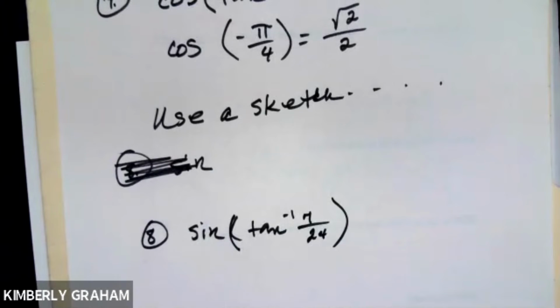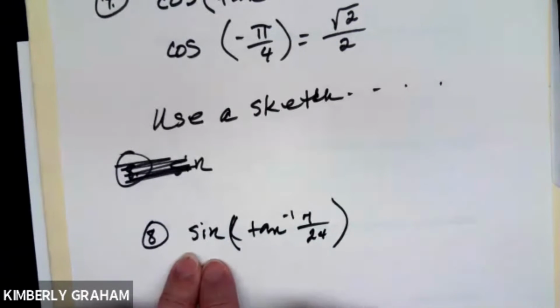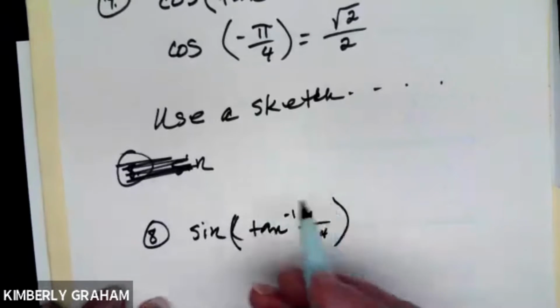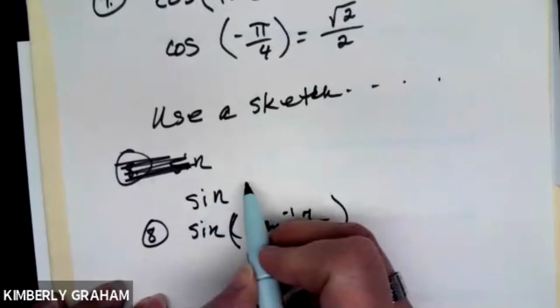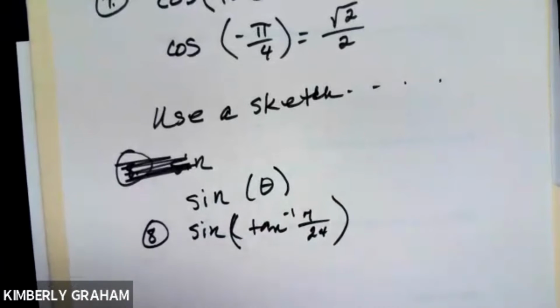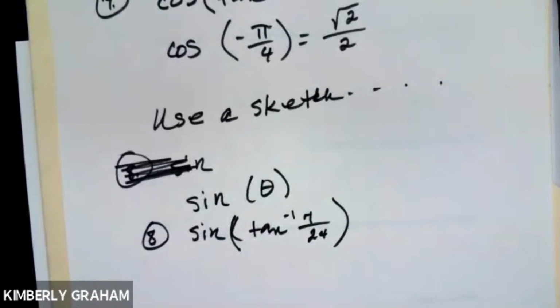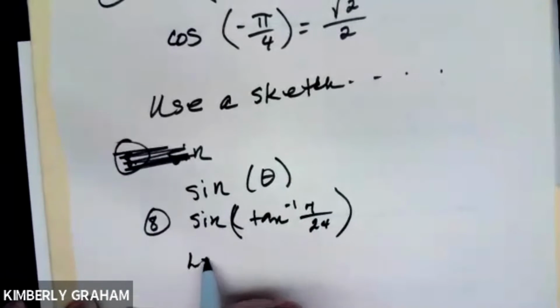Now remember that when you're finding a sine or cosine or tangent of an angle, your input is an angle and your output is a ratio. When you're finding the inverse, the input is the ratio and the output is the angle. Well, I have the sine of this thing, so I have the sine of some angle theta here. Does that make sense? So I'm going to let